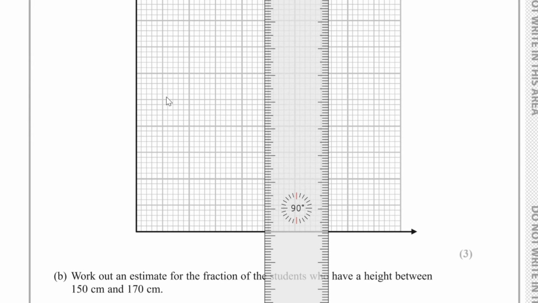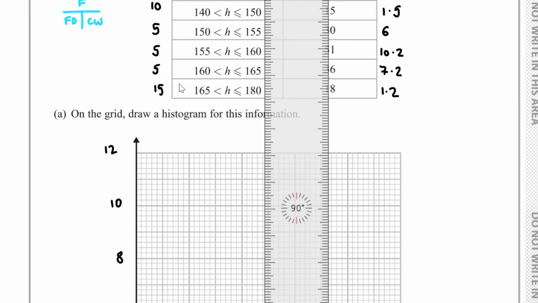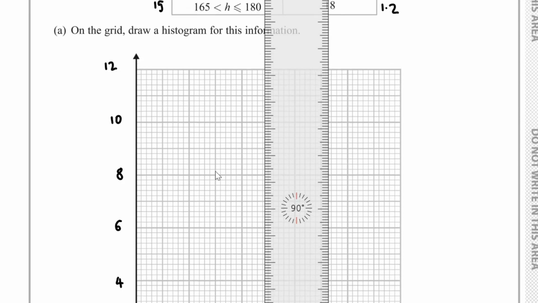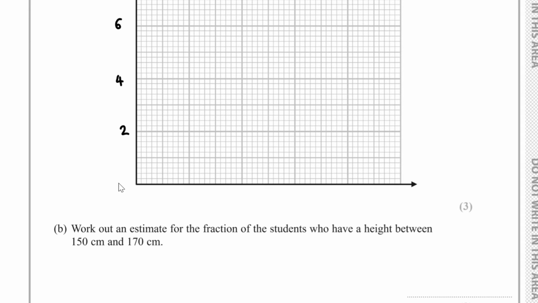So here we've got 0, then we've got 2, 4, 6, 8, 10, and then 12. And in terms of the class width, well, we're going from 140 to 180, so if I start this one at 0, then here we've got